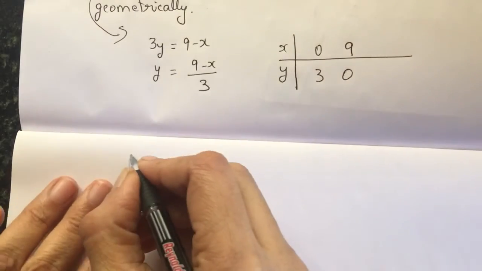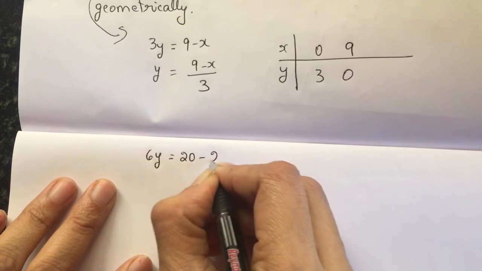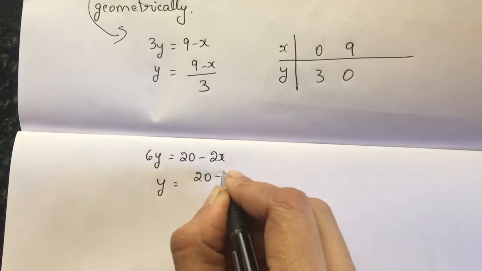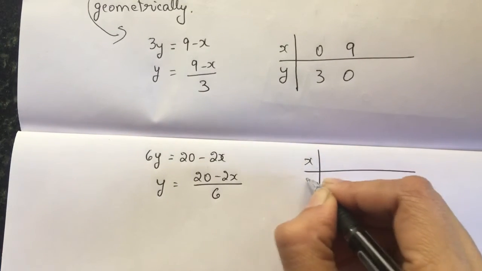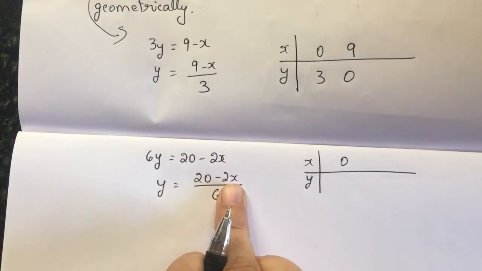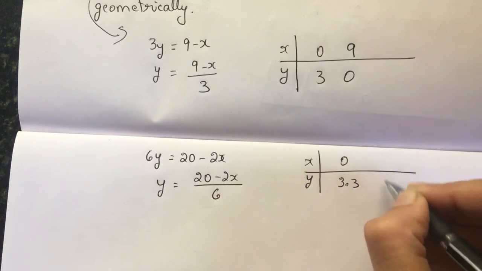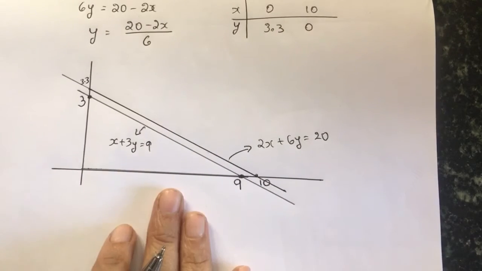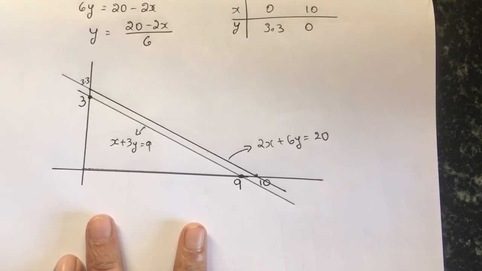Similarly, for the second equation, you rewrite the second equation as 6y equal to 20 minus 2x. Y equal to 20 minus 2x by 6. So make the table for this x and y. Give value of x to 0, so that it is 20 by 6, 3.3, and when value of y is 0, x is 10. Okay. This is how the graph for the equations x plus 3y equal to 9 and 2x plus 6y equal